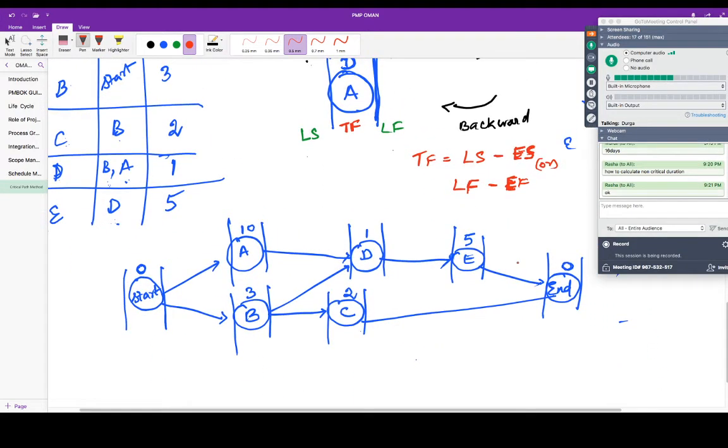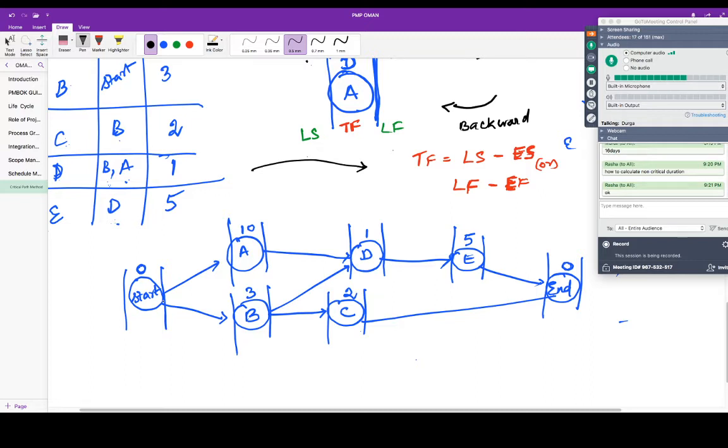Okay, logic. Now let us start. We are going to go forward and find the early start and early finish. So what is early start and early finish? As the name itself denotes, how early can you start? If you are starting on that day, how early can you finish? For example, start from activity A. If I start from the milestone, you will get confused, so I'm starting with A and then I'll come back for the milestone.